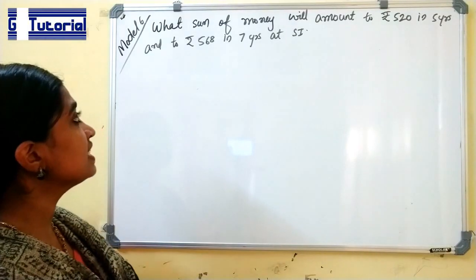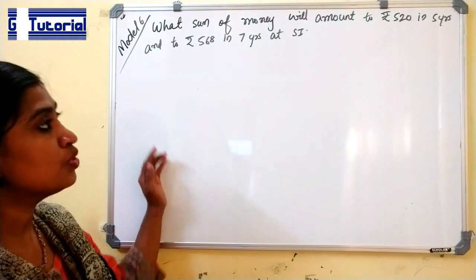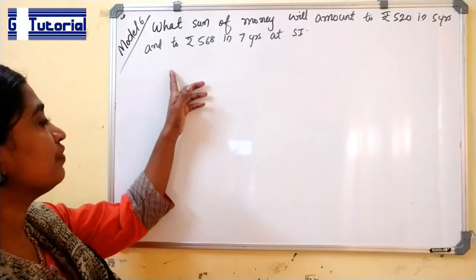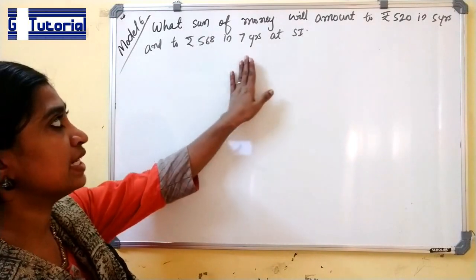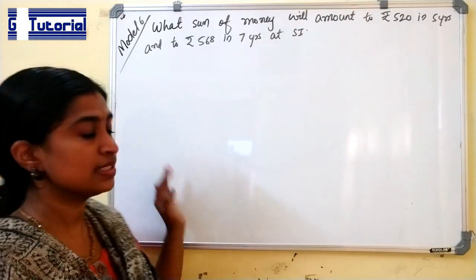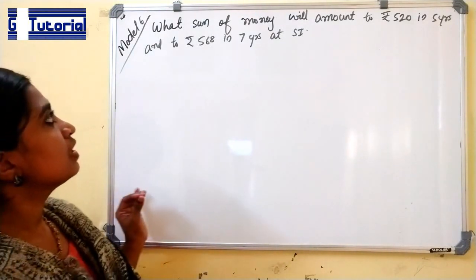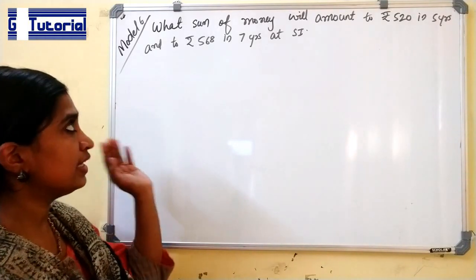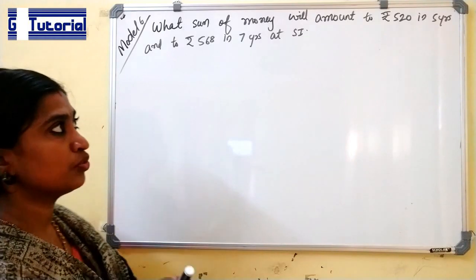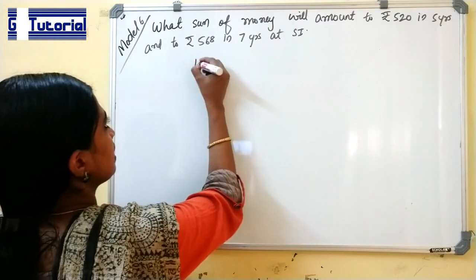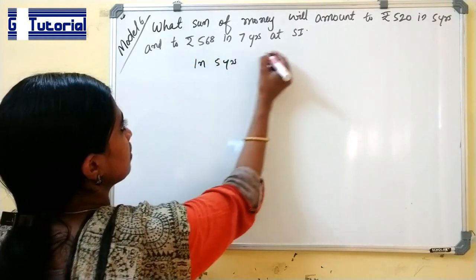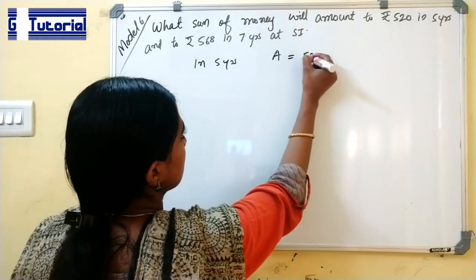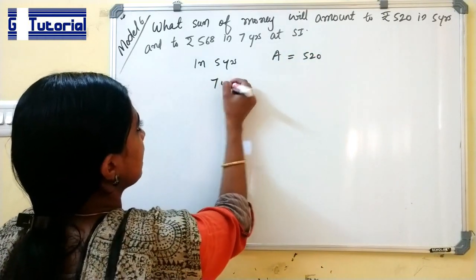Next question. What sum of money will amount to rupees 520 in 5 years and to rupees 568 in 7 years at SI? This is the next model problem. We are asked to find the value of principal. In 5 years, the amount is 520 and in 7 years, the amount will be